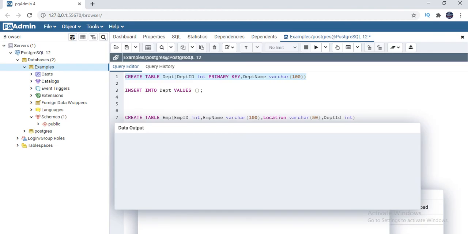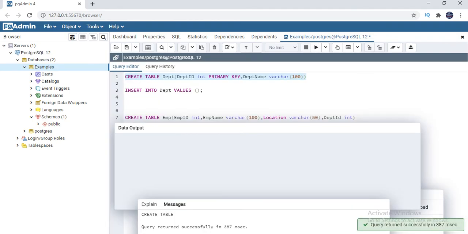Okay, simply it's a very basic table which contains 2 columns. Let's execute this. Yeah, query is created, table has been created. Now let's insert like 1 or 2 records. So department is 1 comma, I'm going to make it as admin.